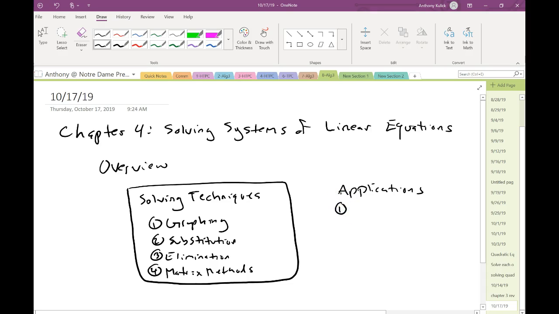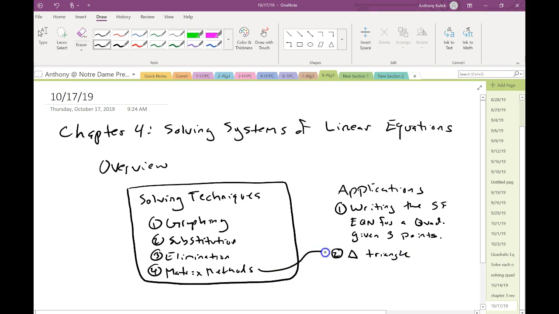So one of them specifically is going to be writing the standard form equation for a quadratic where we're given 3 points. One application will be area of a triangle, and I guess this is really more of a matrix application rather than a solving a systems application,